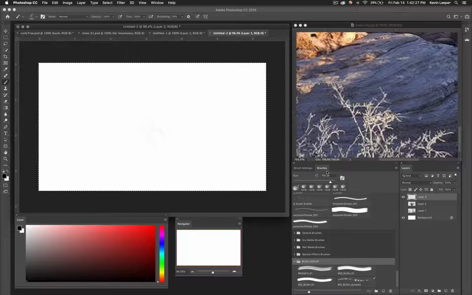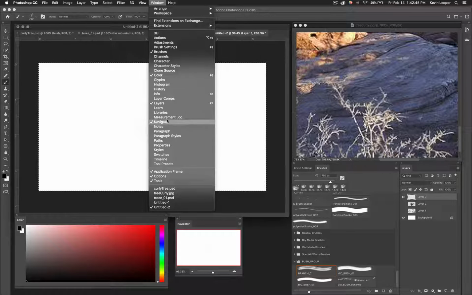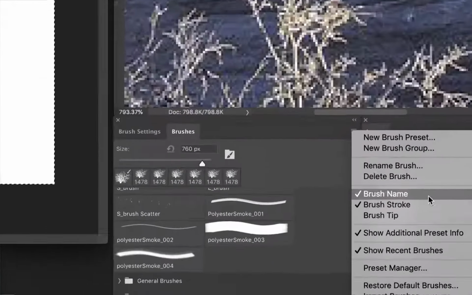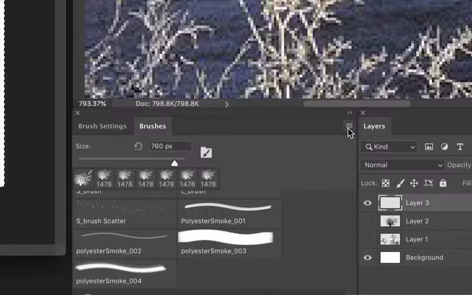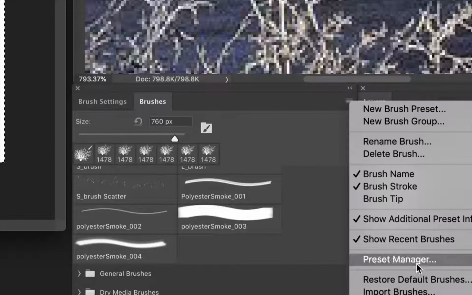So here's what the process is. You've got to make sure you're not in brush settings. You want to be in brushes. So we're working from this window, not brush settings, brushes. And again, if you're not seeing that, you should. I'm in a different layout than you normally are, but you'll see that. You've already seen me do that. But Windows, remember, brushes is going to open that up, and you're going to see those tool settings that way, right? So I'm just going to click on the four lines. That's our options menu, and in here we're going to go to the preset manager,